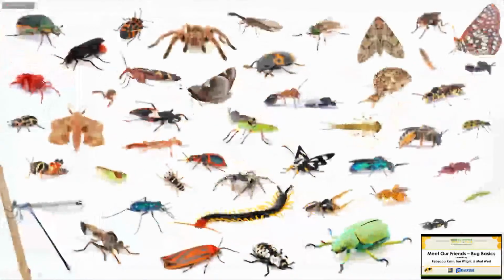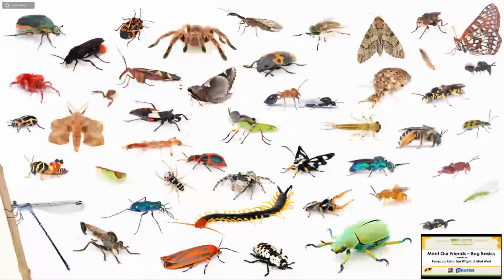Arthropods are just amazing. One of the coolest things I find about insects and arthropods generally, insects are a type of arthropod, we can talk a little bit more about that, is just how diverse they are. Look at this slide. These are all photos I've taken over the last few years, and so this just represents me with a camera walking around and catching a few critters.